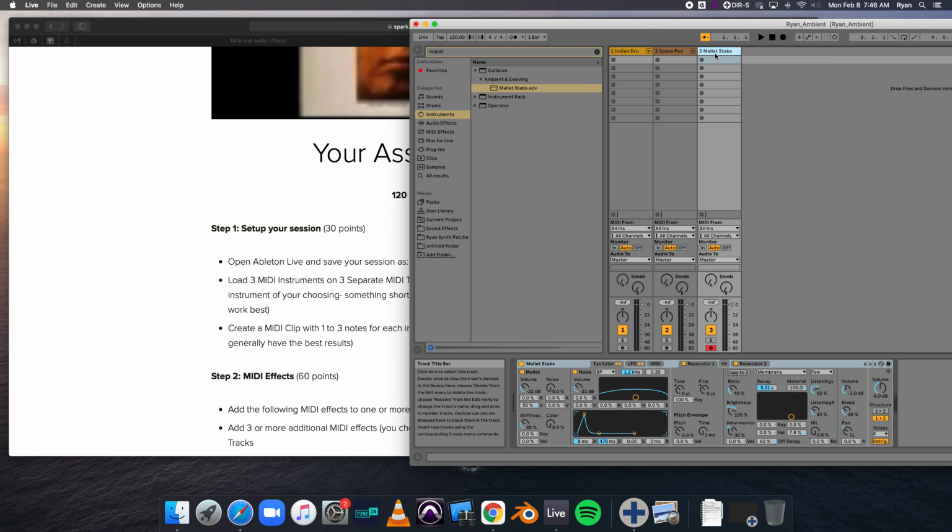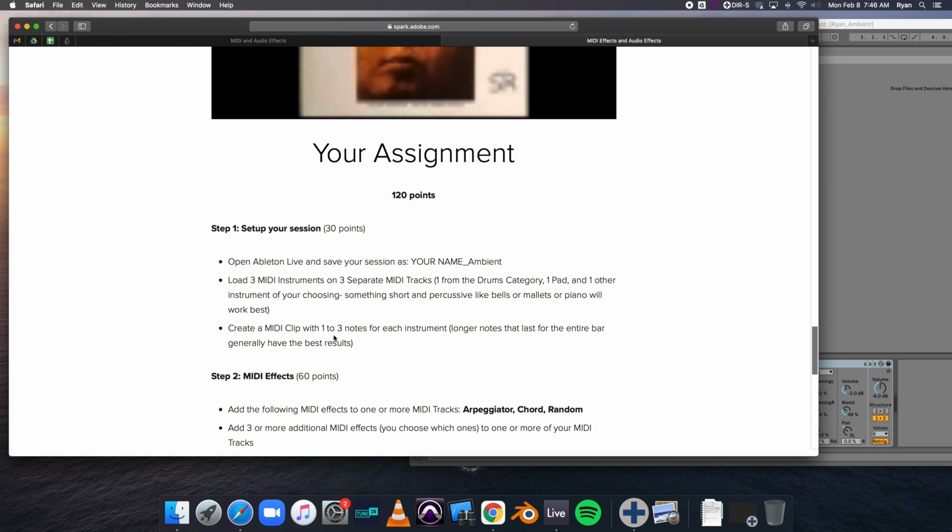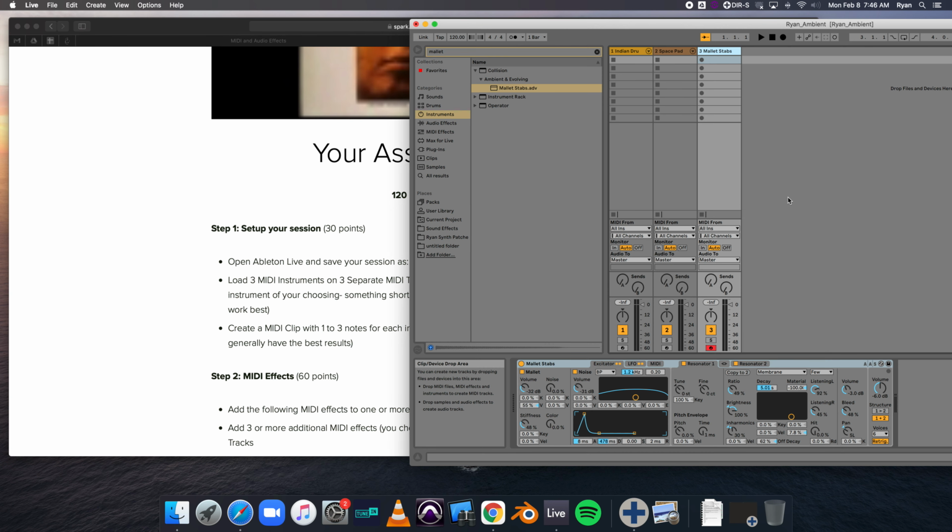Okay. And then for the final part of this step, we need to create a MIDI clip with 1 to 3 notes for each instrument. Longer notes that last the entire bar generally have the best results. And right now, it's going to seem really random. But in the next steps, you'll start to see what this turns into. And you can always go back and adjust these, but I'm just going to show you real quick